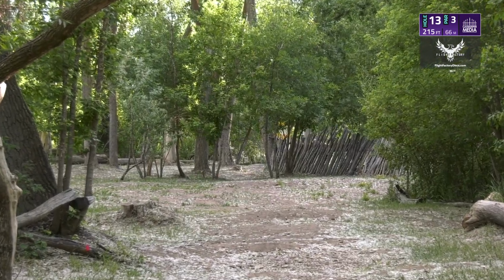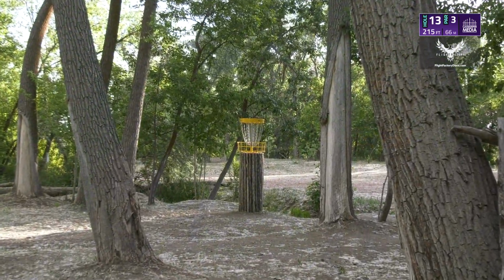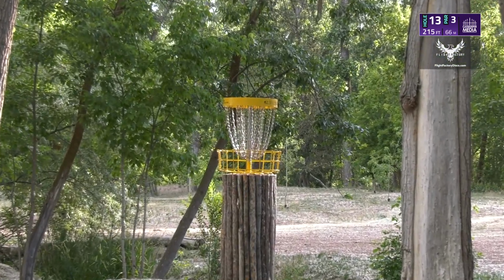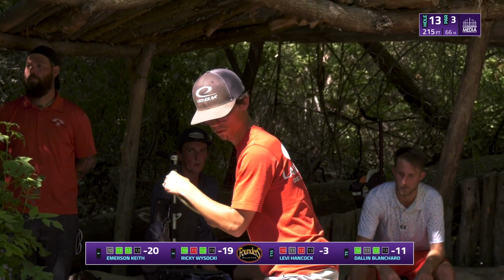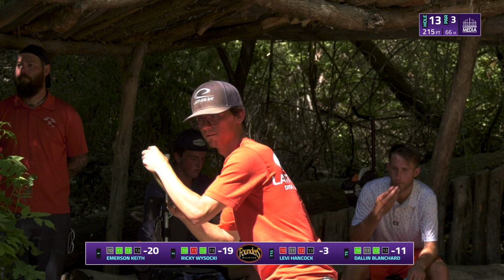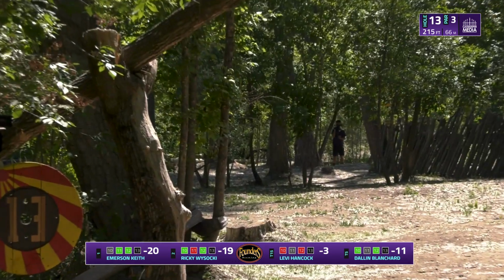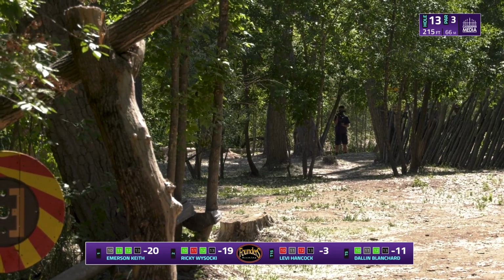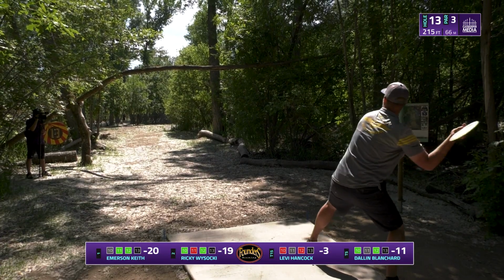Hole 13, curveball of a par 3, only 215 feet, but you can see just a wall of trees. We've got an elevated basket, and there's an OB creek on the right. This is going to be the most popular play here. Baby Anheuser forehand on this left side with something slightly overstable. Not quite wide enough. That looked really nice out of his hand, but